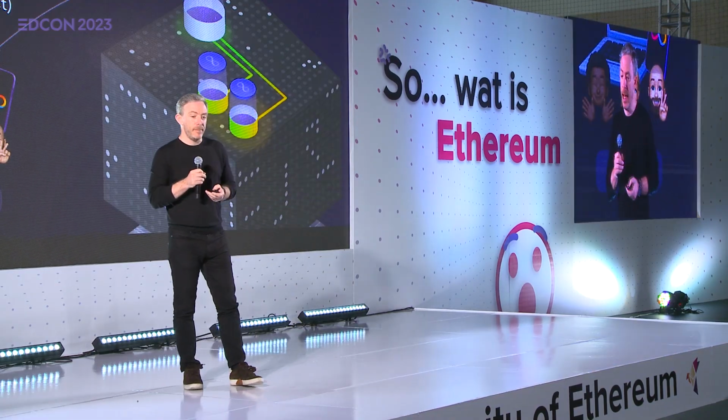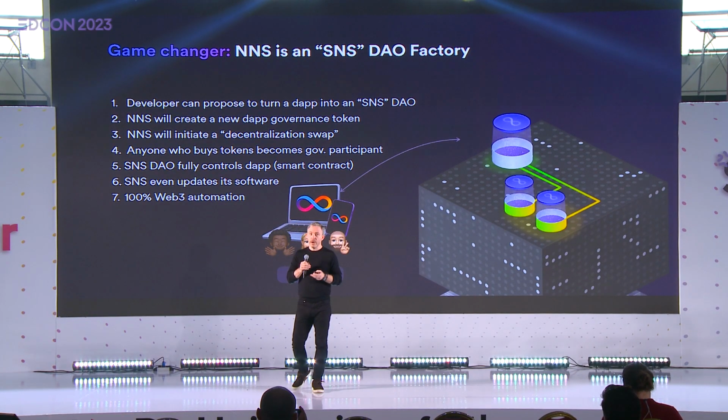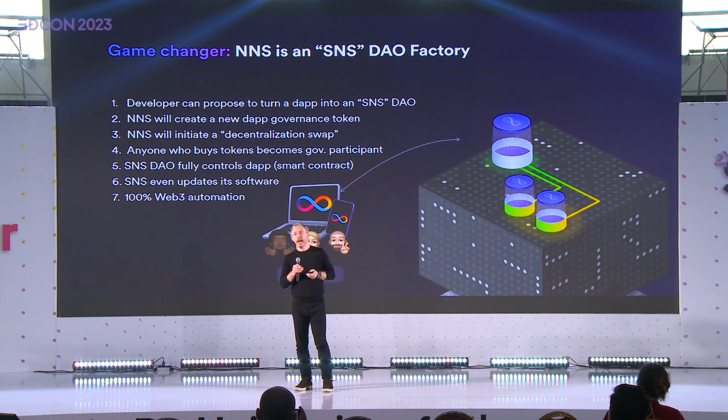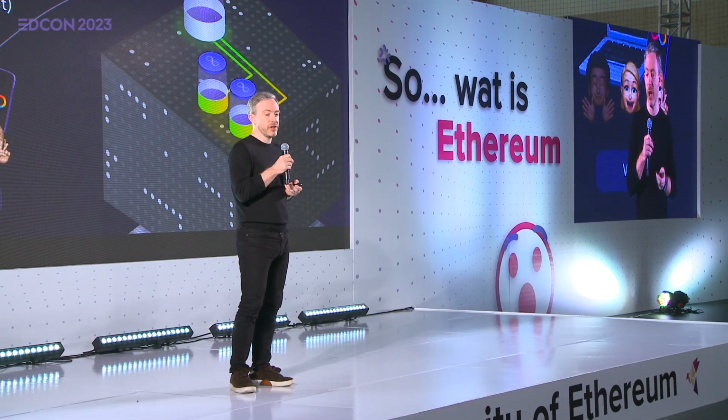So, capabilities. The network nervous system, if you like a kind of master DAO that controls the network, is also a DAO factory. It creates these things called service nervous system sub-DAOs. And this is a really rather recent development people are beginning to use now. You can basically propose that you want something that's running fully on-chain to run as almost like a blockchain extension under the control of a sub-DAO that maintains its own microeconomy, of course. And it'll run something called a decentralization swap, where the governance tokens are swapped for other tokens with the community, and the DAO maintains control of the tokens received in its treasury.